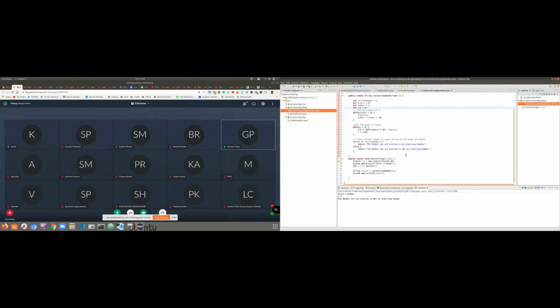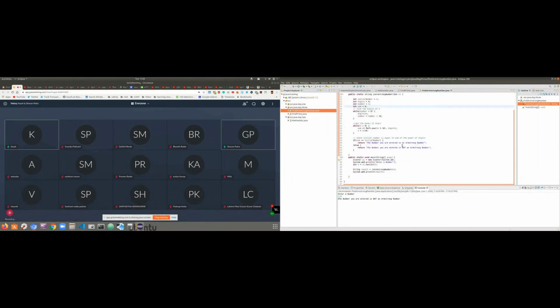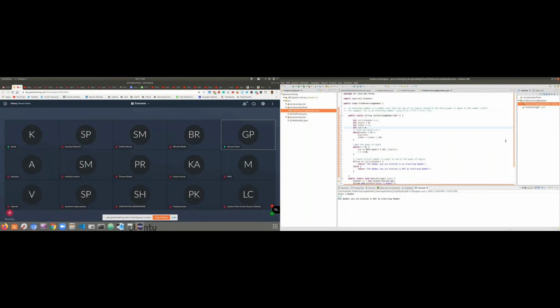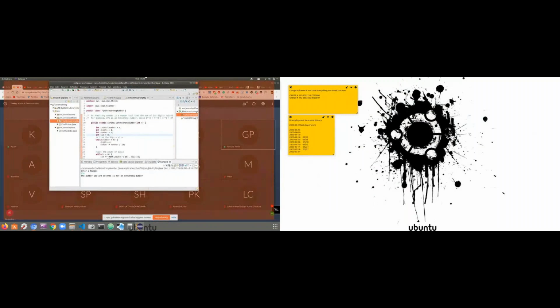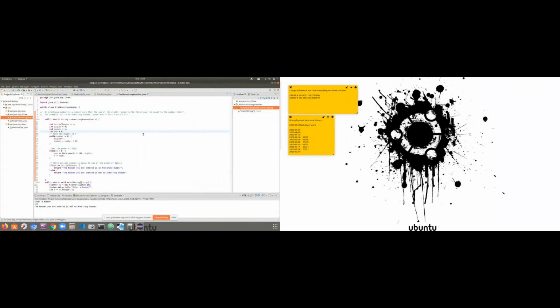Yeah, but it's very small. Maximize it and make it full screen. Give me 1 second. Close this window.